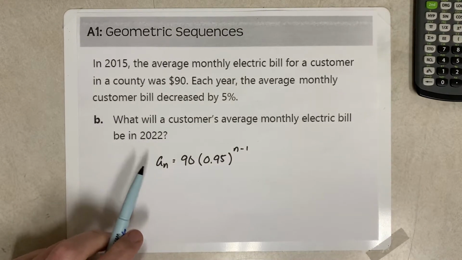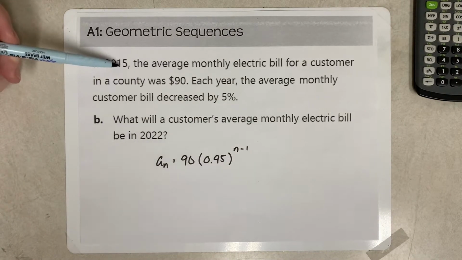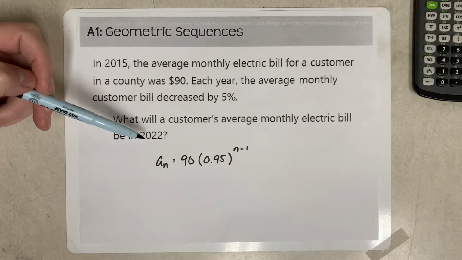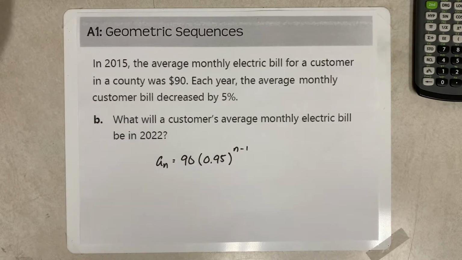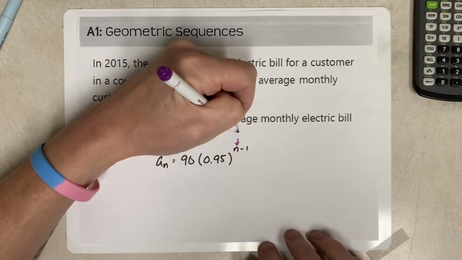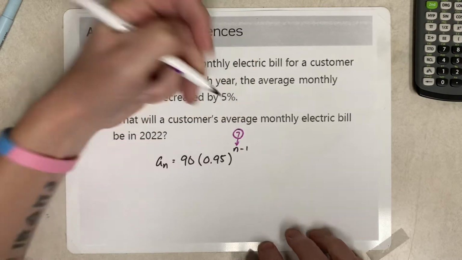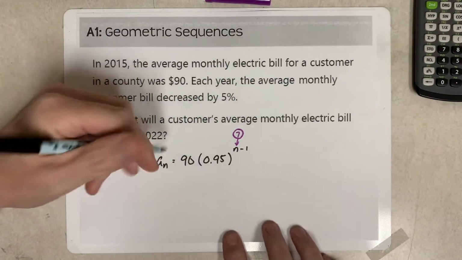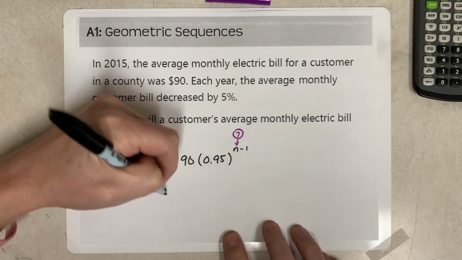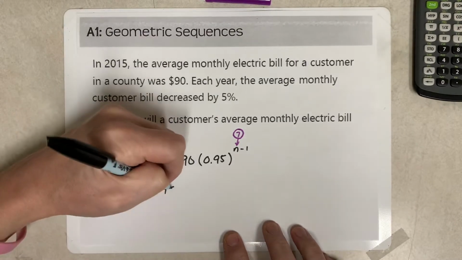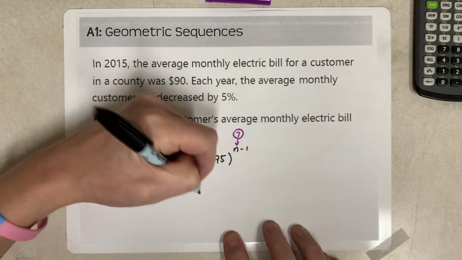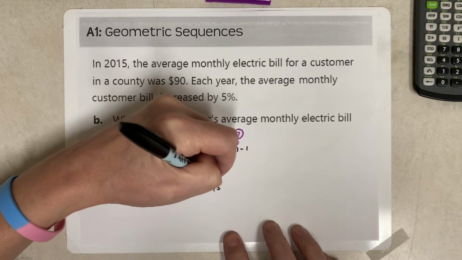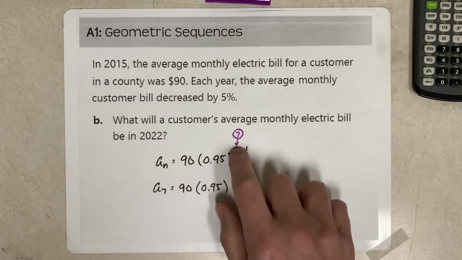2022. So how many years are going to pass from 2015 to 2022? And the answer would be 7. So if 7 years pass, what we want to do is find the 7th term. So we're going to plug in a 7 for that n right there, and then we're going to simplify. So a sub 7, which would be 2022, is equal to 90 times 0.95 to the 7 minus 1, which